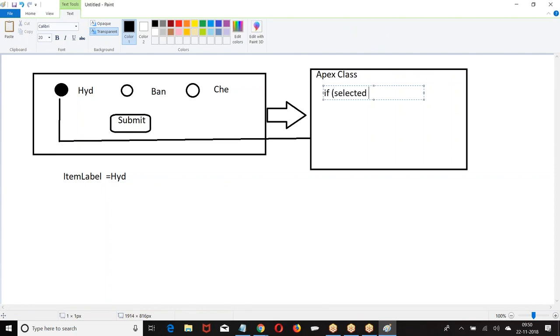If selected equal to, do logic. If selected equal to, if selected equal to.